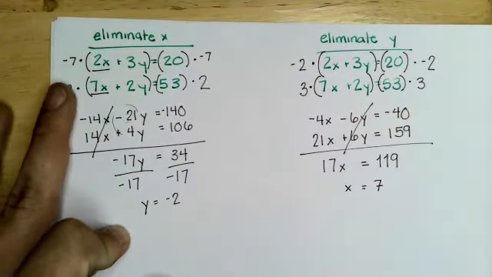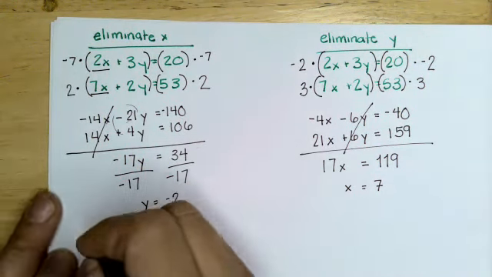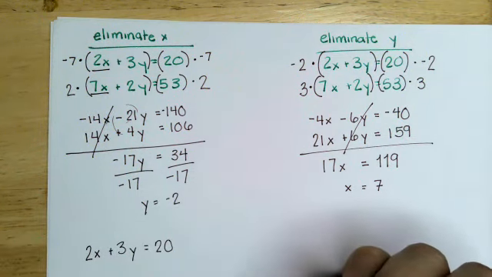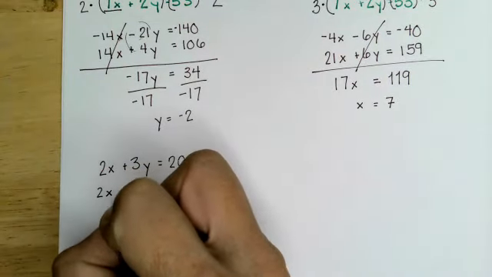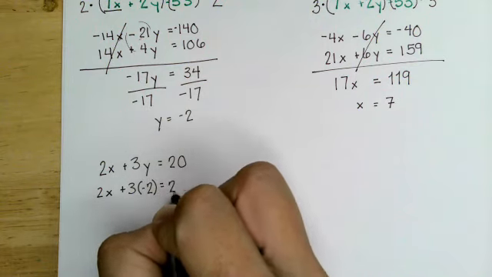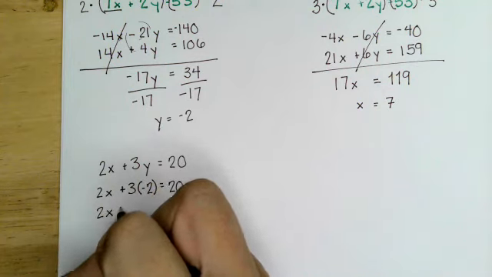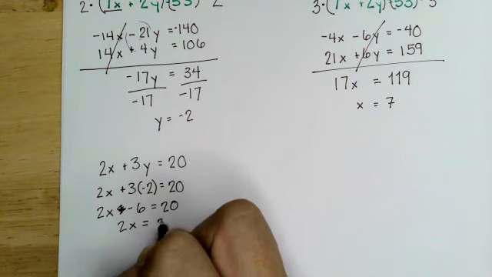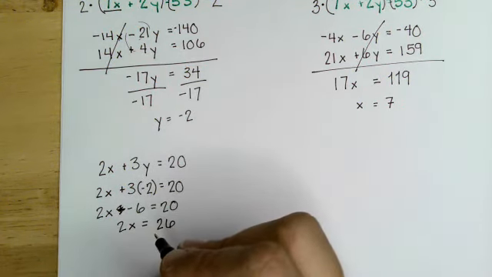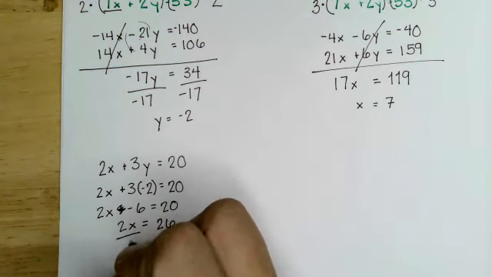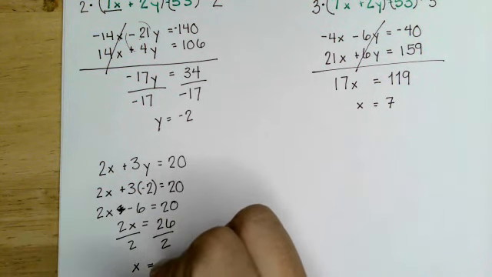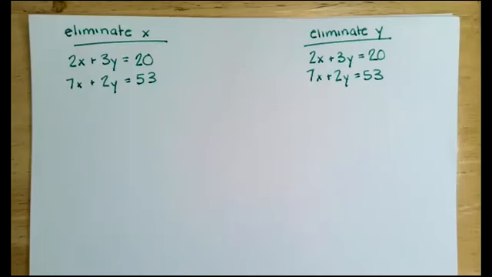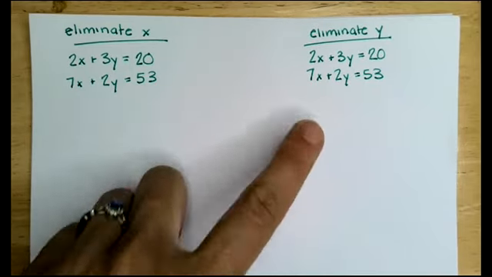So here I got y equals -2. I can put that y back in the equation, either one, either 2x plus 3y equals 20, or 7x plus 2y equals 53, either one. If I put that -2 back in, I can solve for x. So 2x plus -6, minus 6, equals 20. 2x equals 26. And I will divide by 2. x is 13. All right, I just wanted to give you an example of eliminating x and eliminating y and how you can do either one